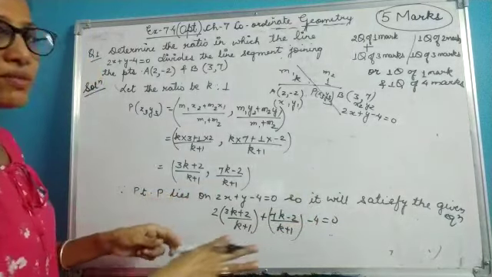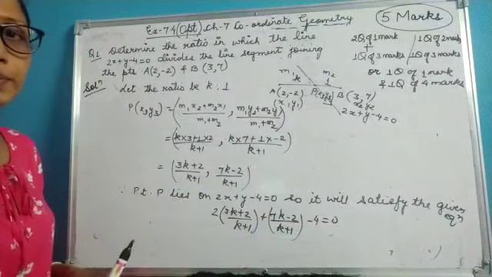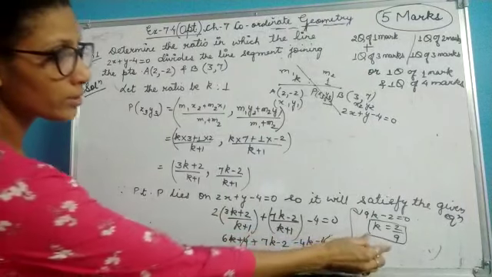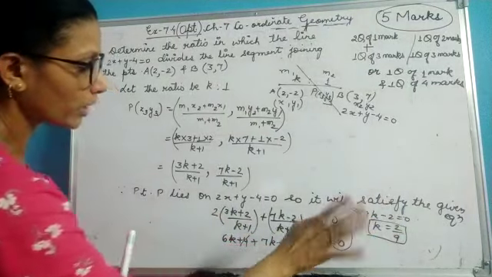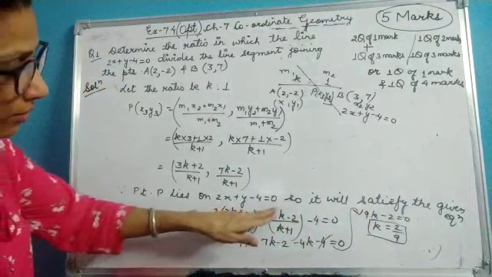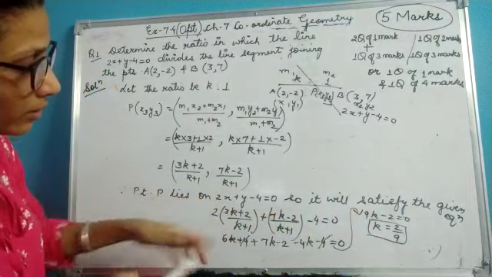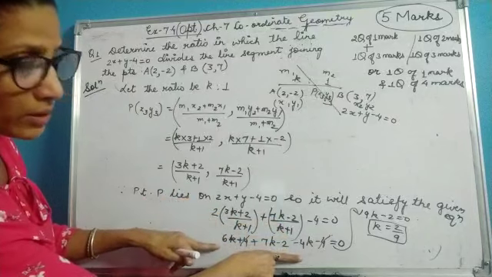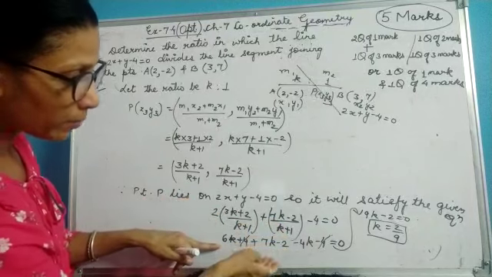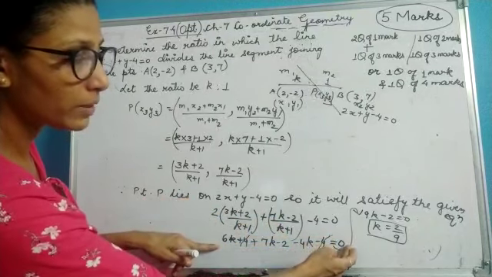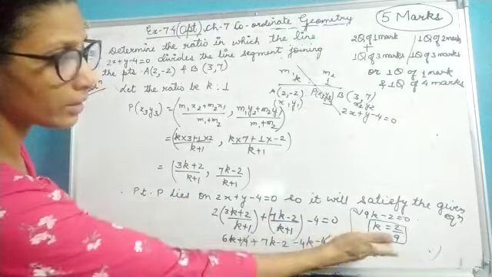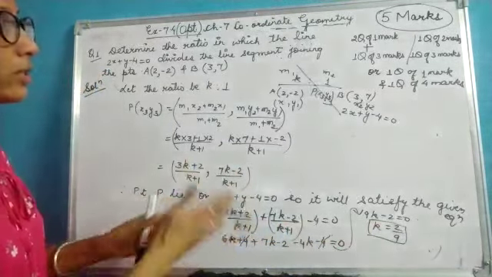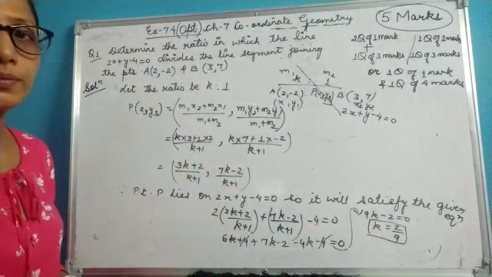Now I'll just simplify it and I'll get the value of k. So this is the ratio which I am getting, 2:9. What I have done, I have just put the value of x and y from here. Then I have multiplied 2 inside, and then I have taken k plus 1 as an LCM. K plus 1 multiplied, when multiplied with 0, it will become 0, and here I have got the value of k. So here the given ratio is 2:9.